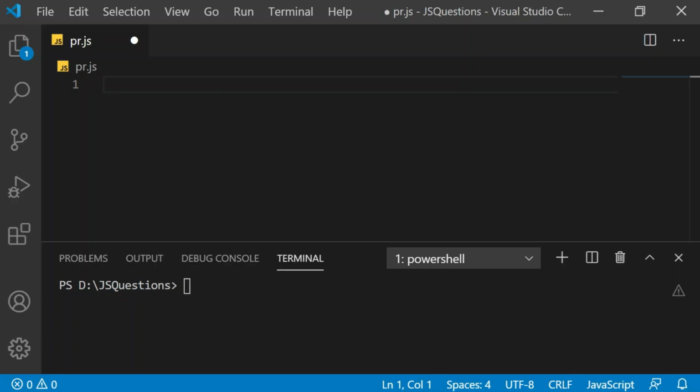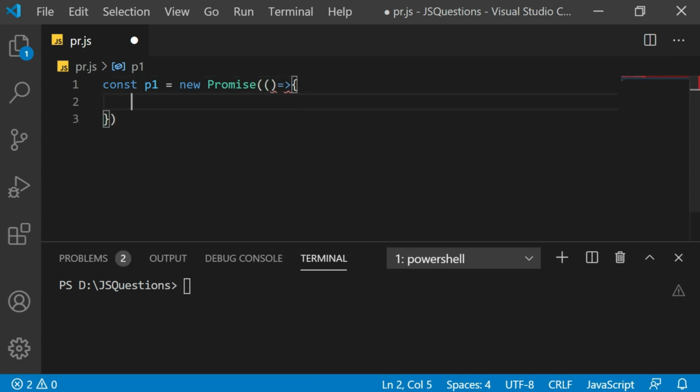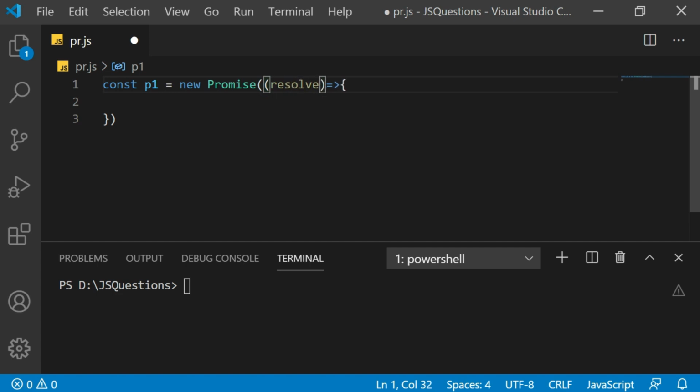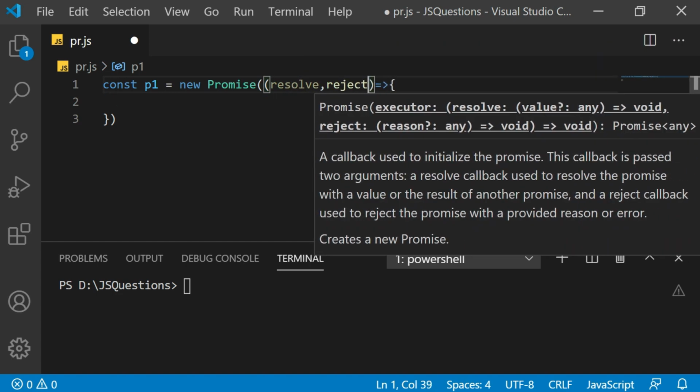Let's try a simple example to check this. I will create a few promises. I'll say P1 is equal to new Promise, which will have a callback function with two parameters, resolve and reject.